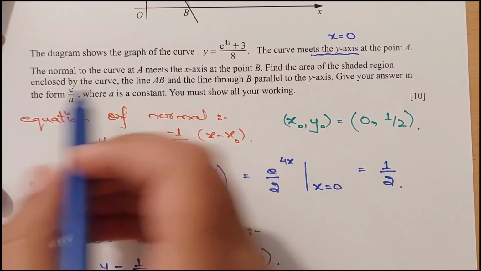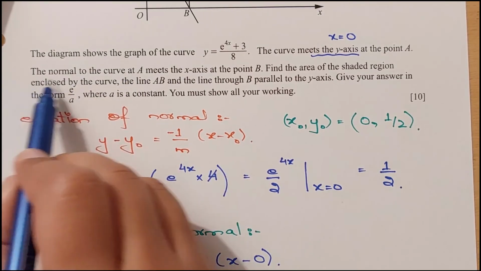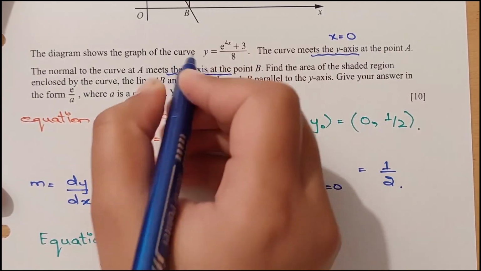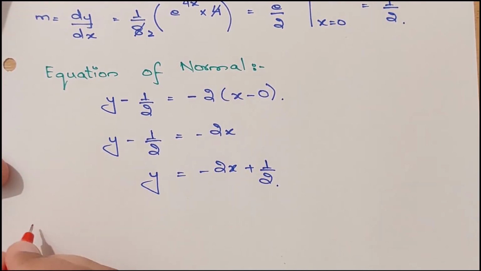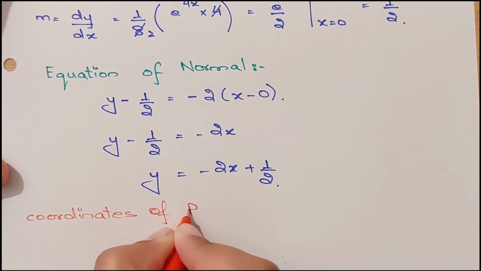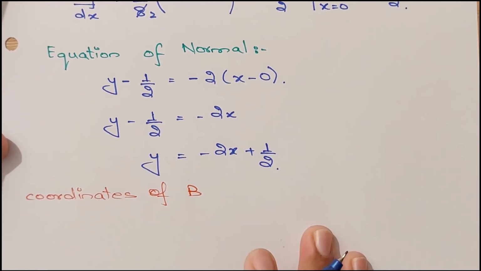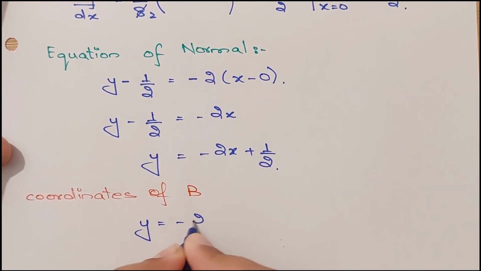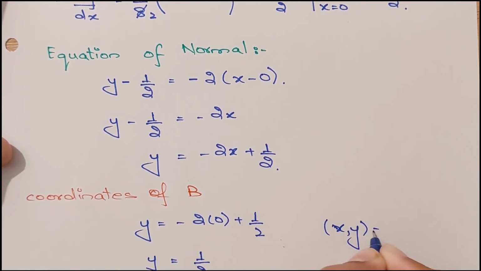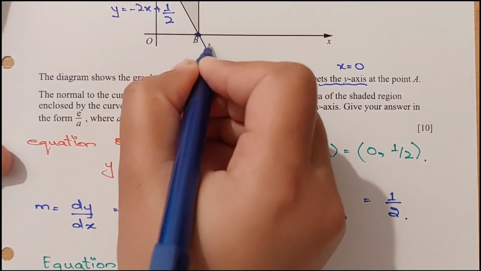And the next part of the question says the normal to the curve at A meets the x-axis at point B. So it meets the x-axis, which means the y-coordinate is equal to 0. So we have to find the coordinates of B. At B, x is equal to 0, so y is equal to minus 2 times 0 plus 1 by 2. So here y is equal to 1 by 2. So the coordinates of B, x is 0 and y is 1 by 2. Right. So the B coordinates are,